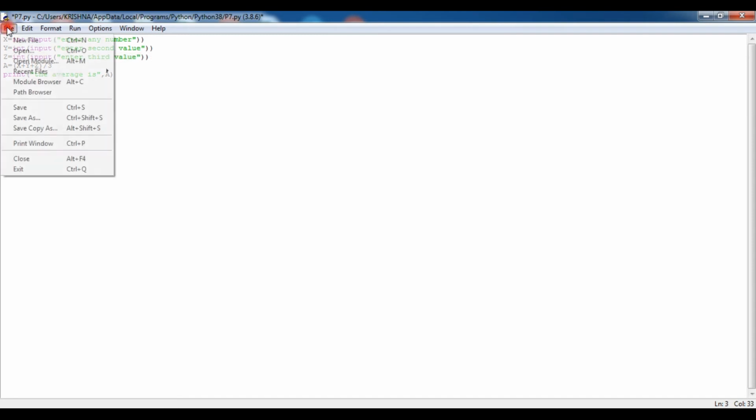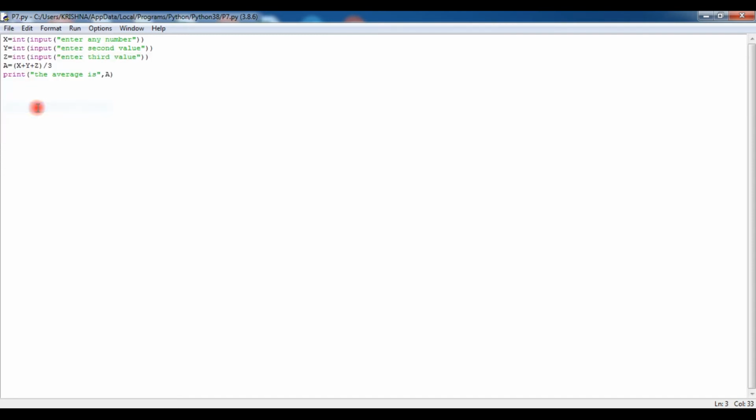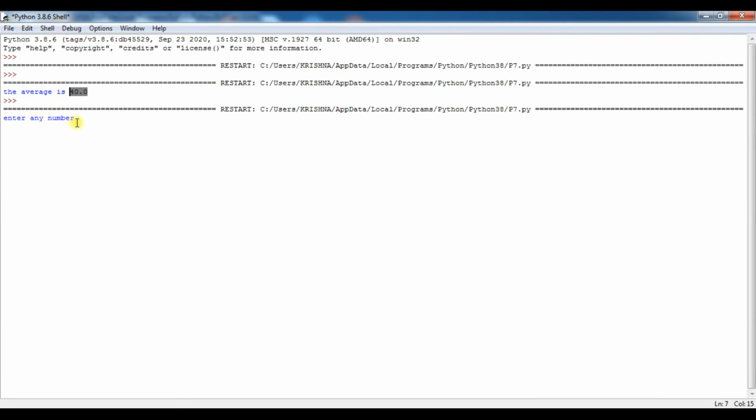Now you save it and press F5. So enter any number. Here you can see during the execution of the program the value is asked by the compiler. So you write 50, 40 and give 60. So what you have seen here, the average is 50. This is the use of our input statement.